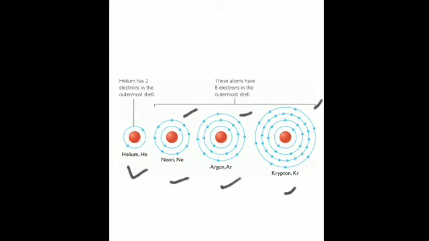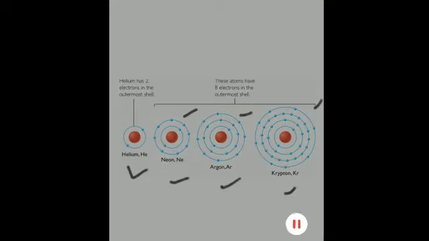The atoms that do not have a stable inert gas electronic configuration lose, gain or share electrons to become stable. This is what we will discuss when we learn about valency. So I've just told you what atomic stability is, that is, why the inert gases are stable or chemically unreactive.